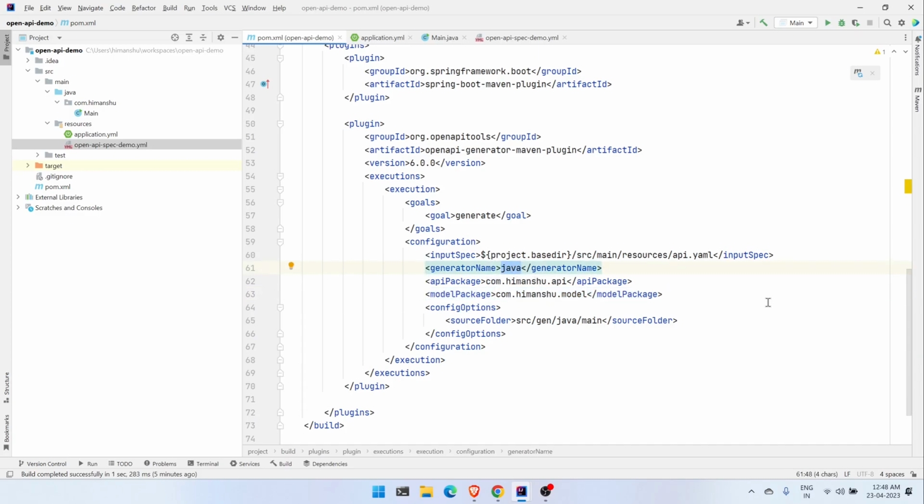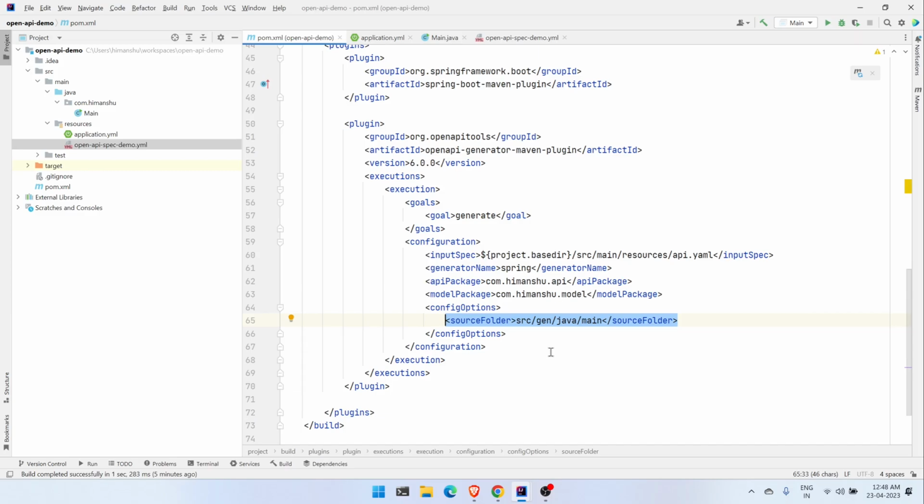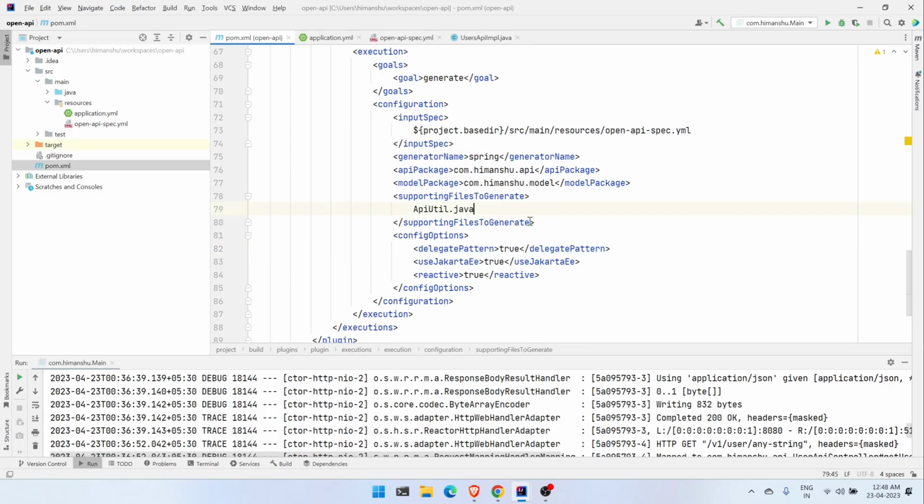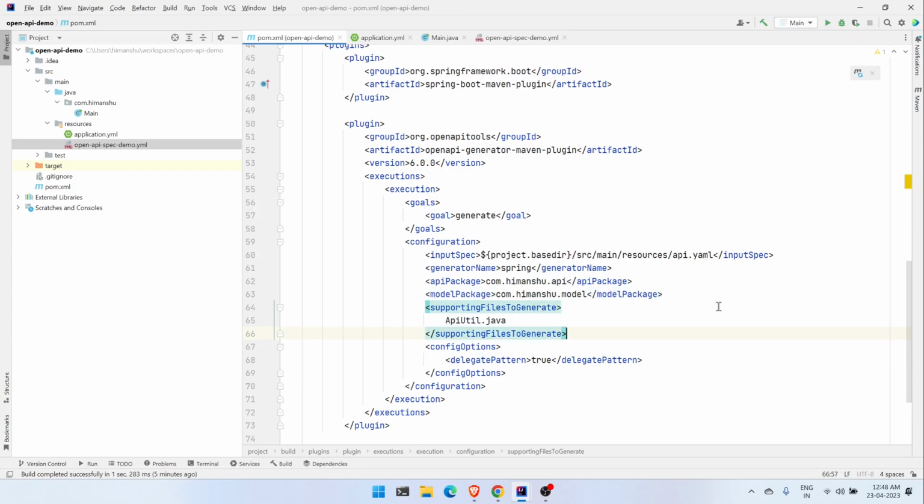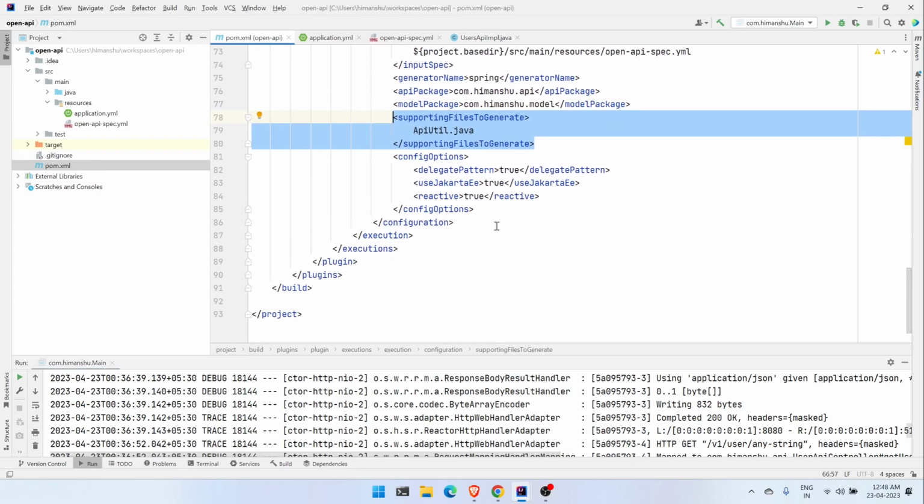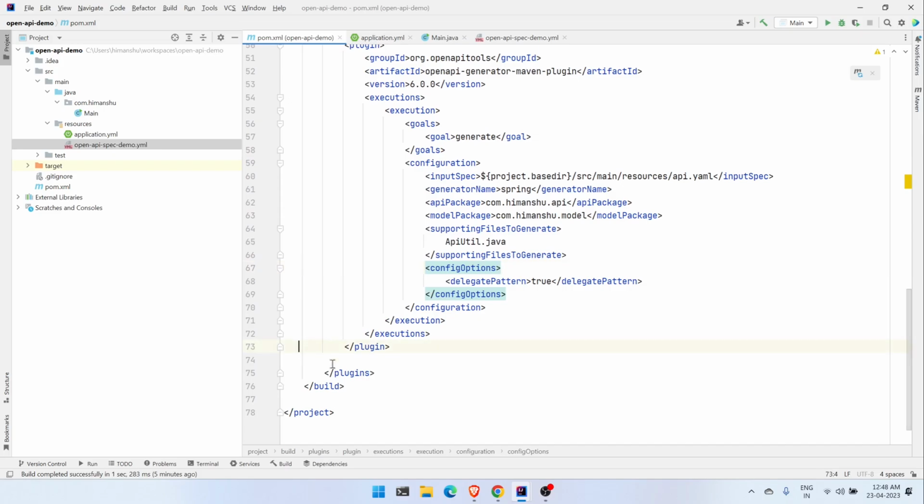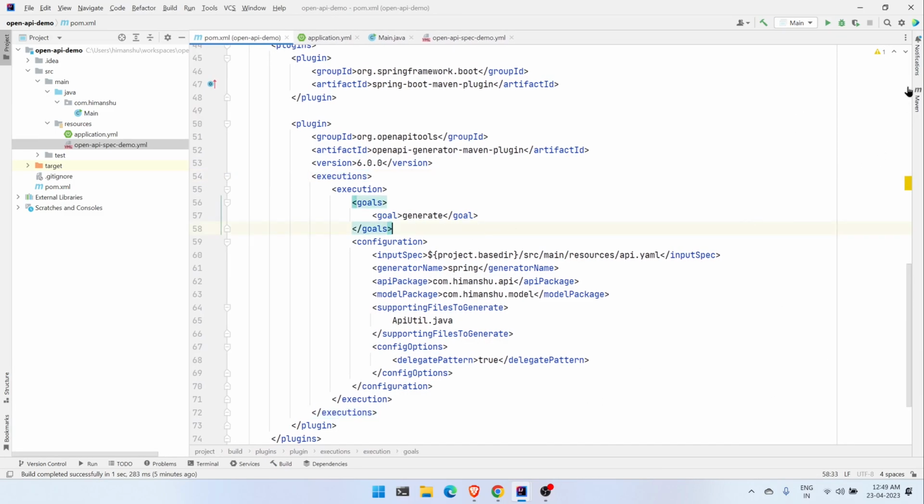And in the generator name, we are going with Spring, so we use the Spring one. Okay. And then in config options, we will be using the delegate pattern like this, and we will remove the source folder. All right, coming back to the supported files to generate, we'll copy this one, and yep, that's all we need. Okay, that's all we need, right? So we use the version specified by the OpenAPI generator. So we just reload the Maven projects, Maven changes, and now what I'm going to do is